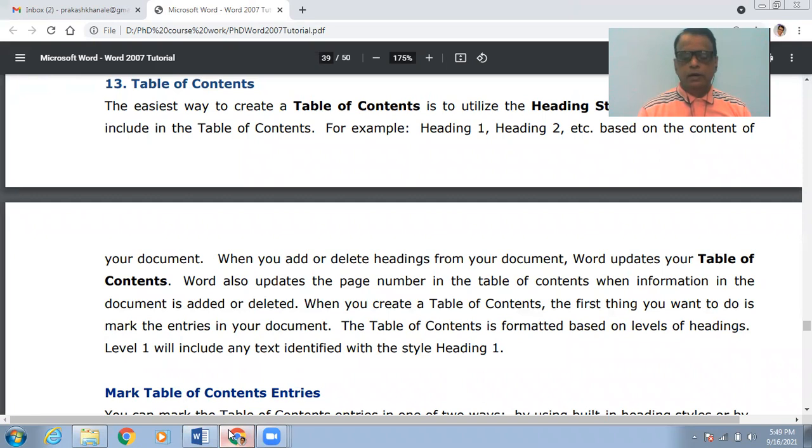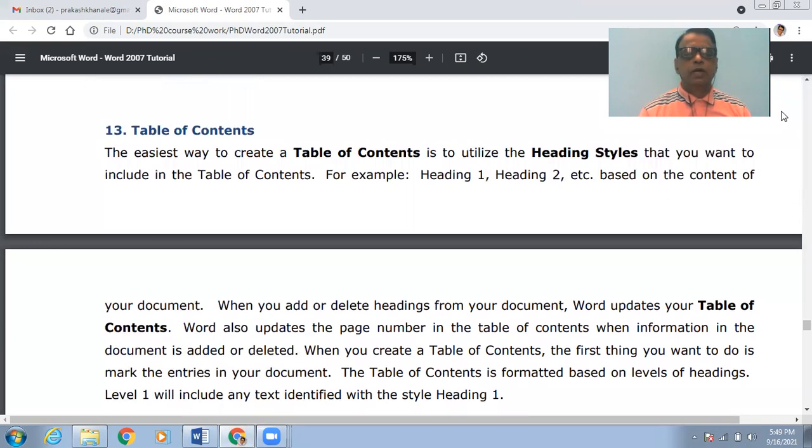So the table of content is the easiest way. Whenever you want to create a table of content, you can make use of the heading style. There are certain default heading styles provided in Microsoft Word, and these heading styles can be used for the creation of the table of content.